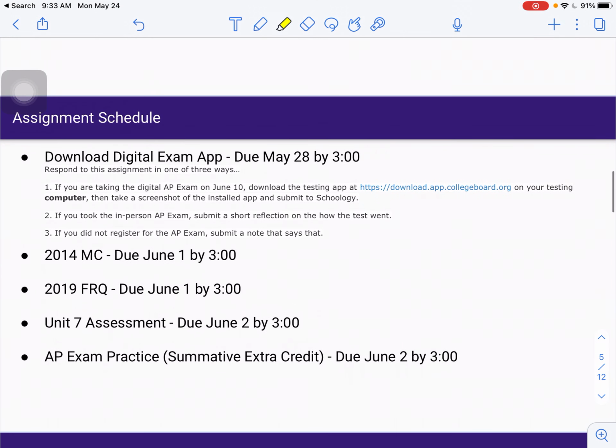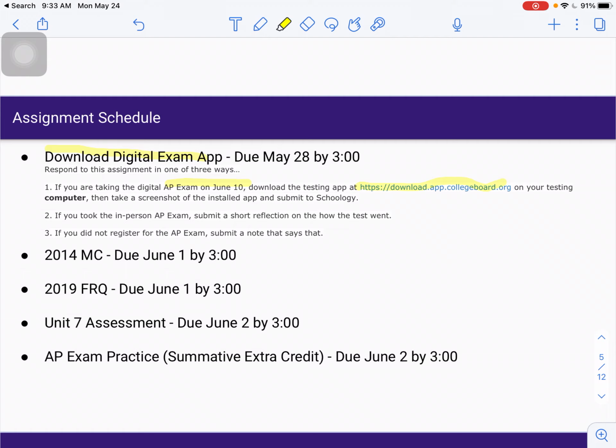Then a little bit with assignments. I know many of you are taking the digital AP exam, so I want you to be prepared for that. It's kind of an easy assignment here, but you need to download the digital exam app. The way you're going to complete this assignment, if you are taking the digital AP exam on June 10th, is you need to go to this website. If you go through AP Classroom, there's a link on there. But otherwise, you can go to